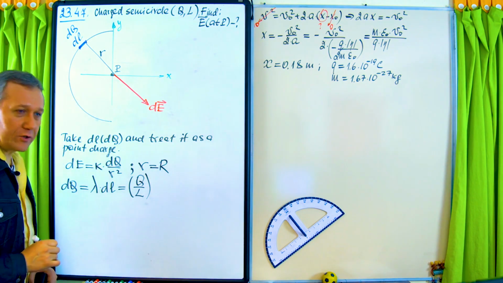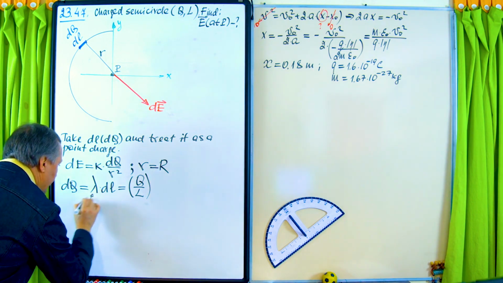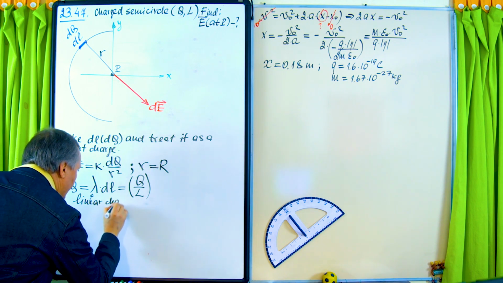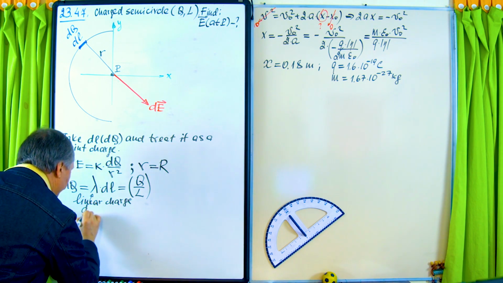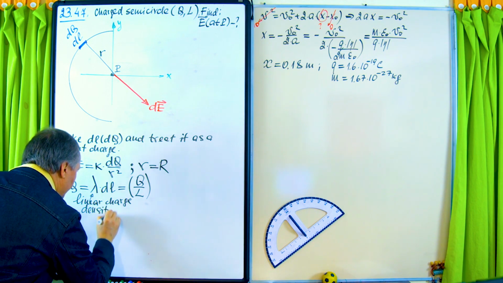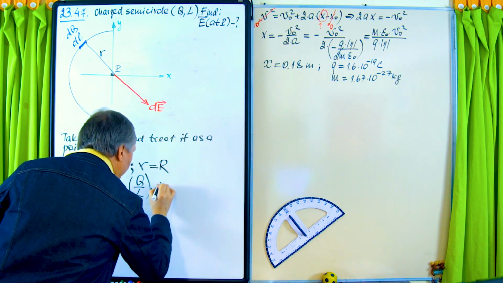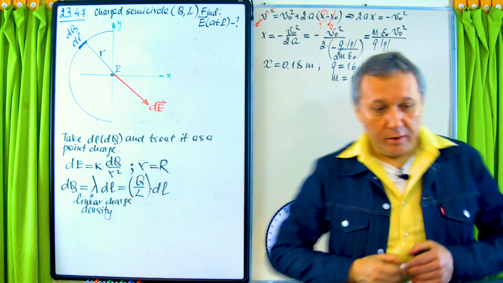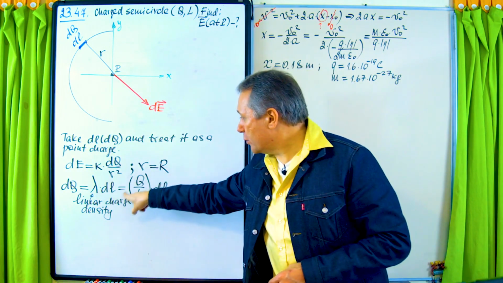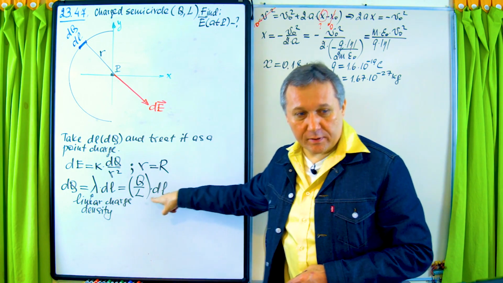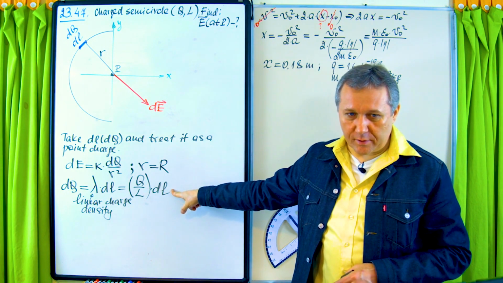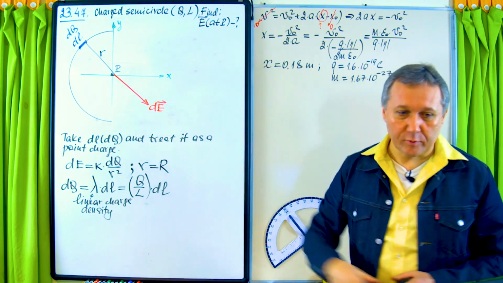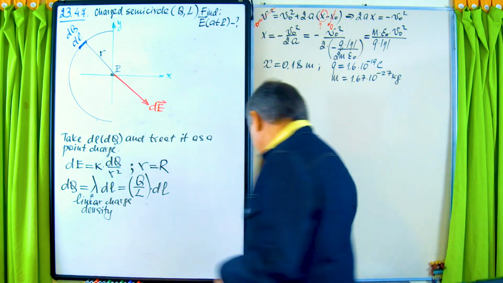So it's a linear charge density. Maybe I should emphasize that this is a linear charge density, times dl. All right. Okay, so now it looks like, yeah, we wrote dq in terms of Q given, L given, and the variable of integration l. But of course, in the integral it will be dl. Now the next step,